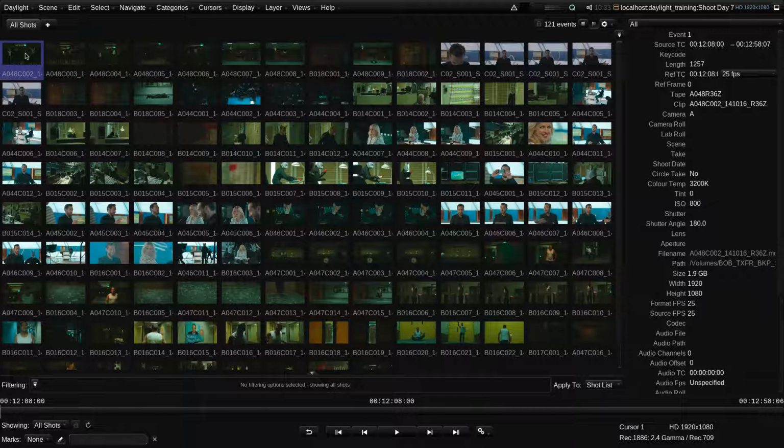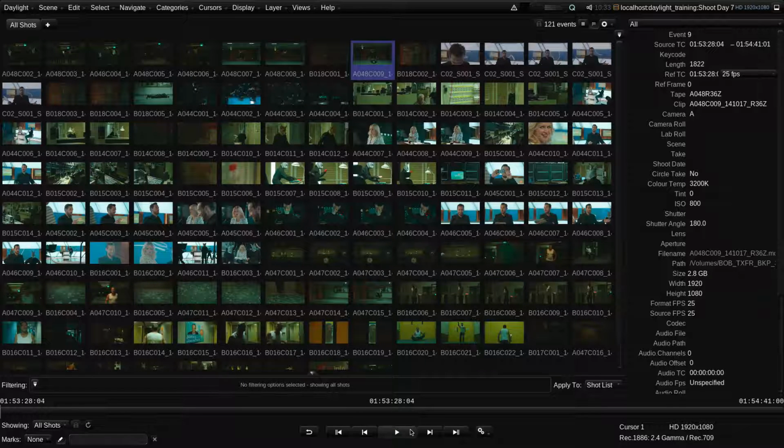Okay, so this is where we got to last time. The shots view in the player workspace is displaying a thumbnail for each shot in our daylight scene. We can select a shot to view by clicking on it. The currently selected shot has a blue background, and its metadata appears in the metadata display panel here.